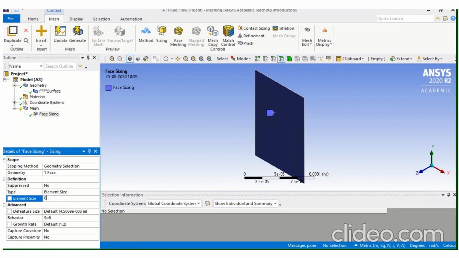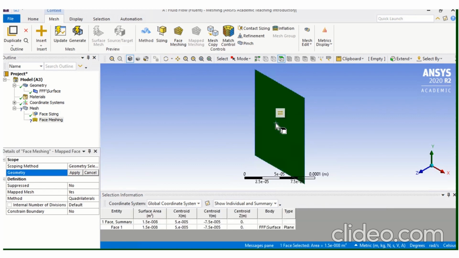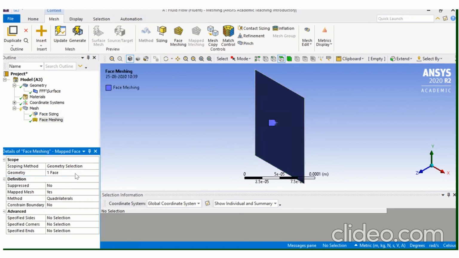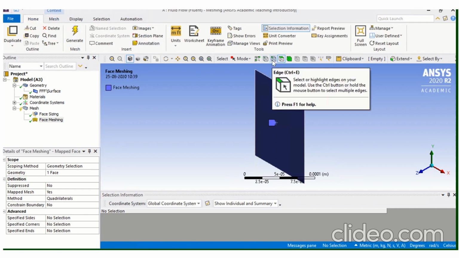So I'm giving 5 micrometer. Once you're done with this, you have to go to face meshing, click on geometry and then apply.